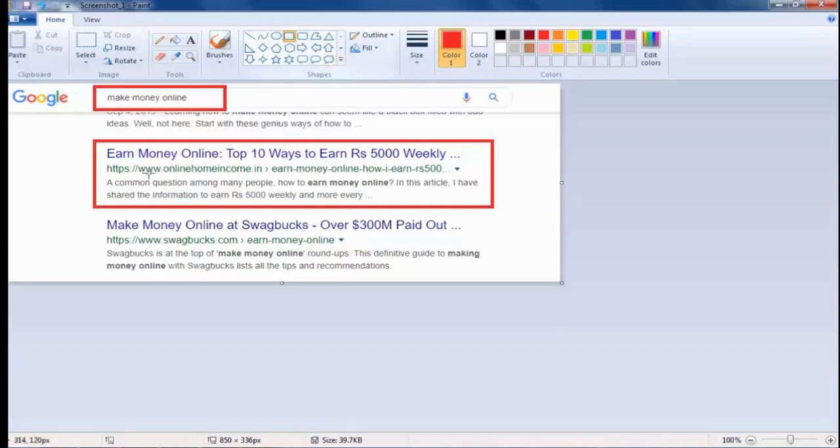After that, you need to remove this domain name, because if people see your domain name, they are going to go directly to your domain name. So for example, I go to pencil, and this is very small.